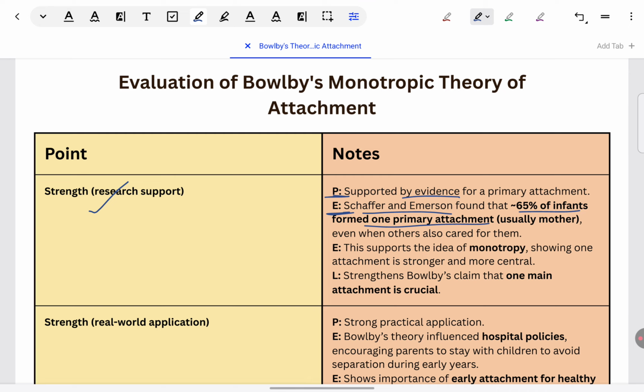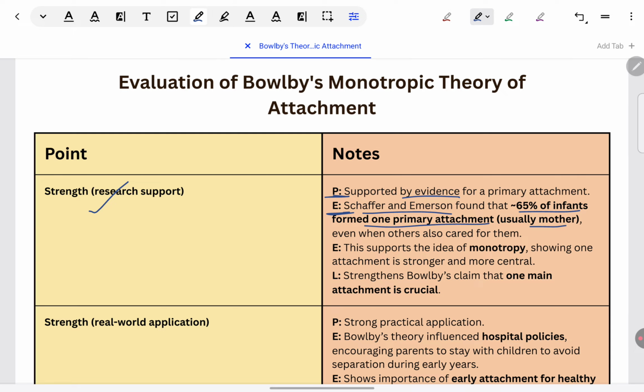They observe the social releasers being emitted by the babies, like crying, smiling, and how the mothers were responding to that. They did long term observations. And they interviewed the mothers because mothers could tell them what sort of attachment was there. What they found is, out of all the infants they studied, they had a large sample, 65% approximately did have one primary attachment figure.